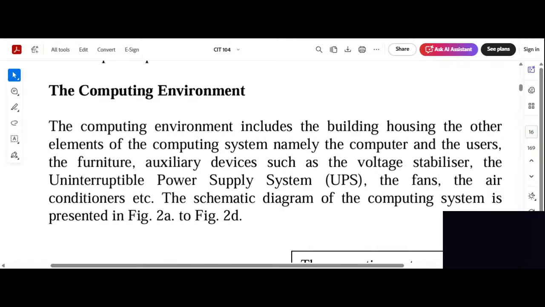This is a general course, CIT 104. Regardless of your department, what you are studying, you will have to do this practical course that teaches you the appreciation of computer, how to use the computer, what the computer is all about. So this is the course you should love naturally yourself as a person, not because the school wants you to do it, but you should be excited about the course.